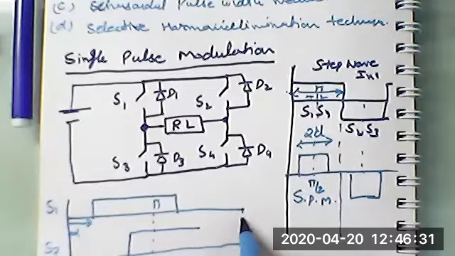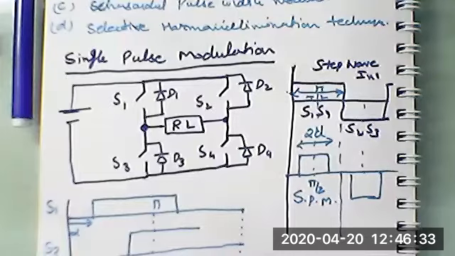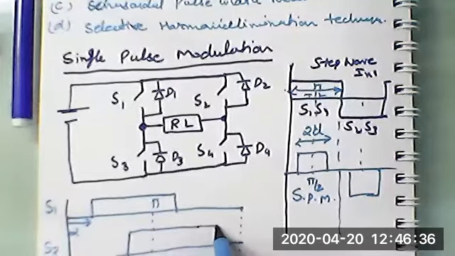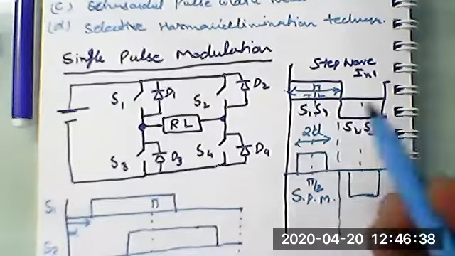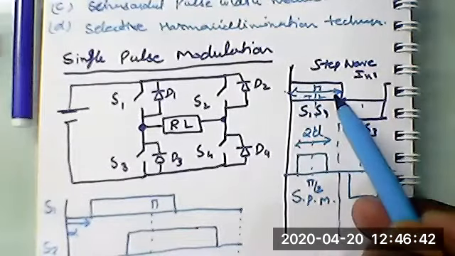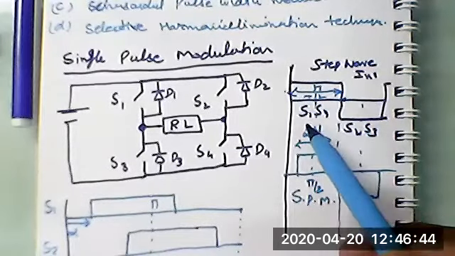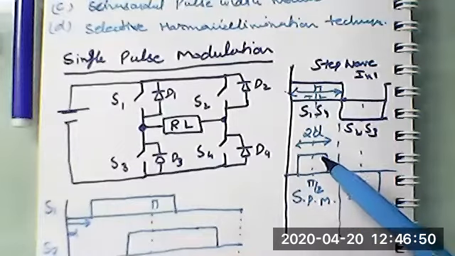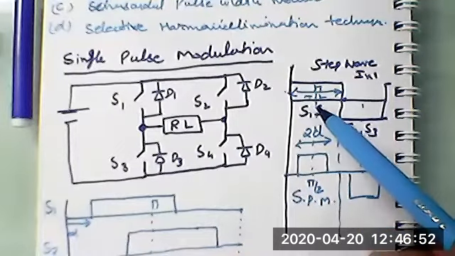This is your 2 pi. So it is like this. Duration is pi. Step wave inverter duration was pi. So for S1, S4 you have given this. In case of single pulse modulation, to generate this type of pulses, what you have to do, you have to